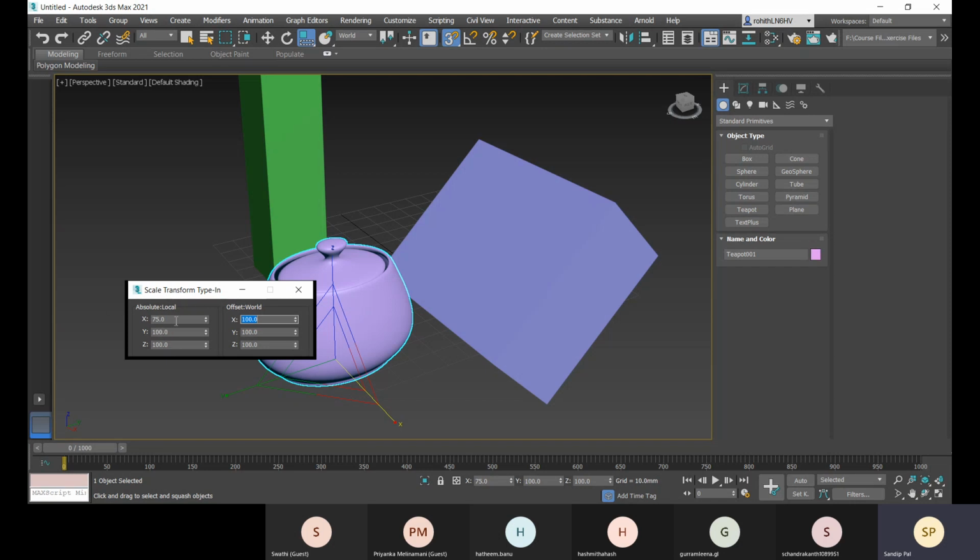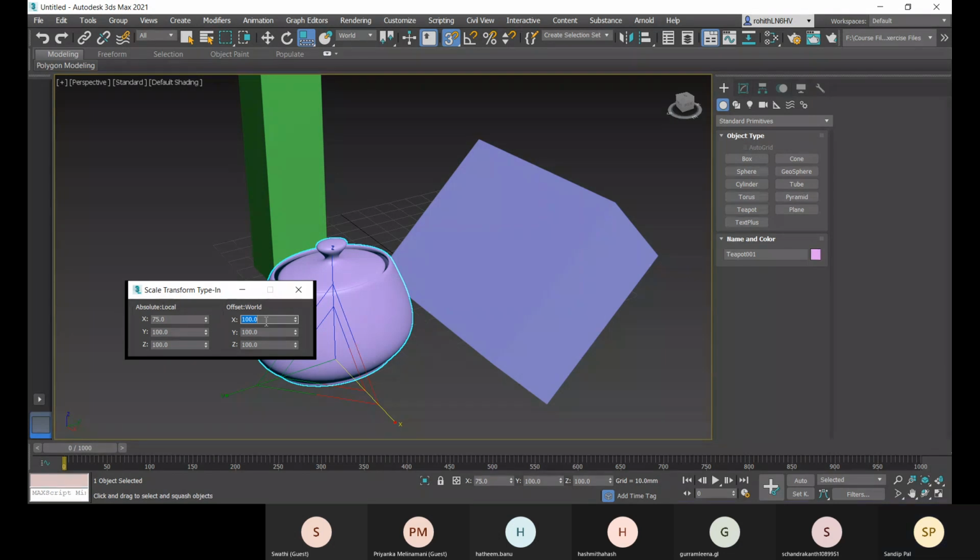So you have decreased 25 in this X direction. That is how it is applied.